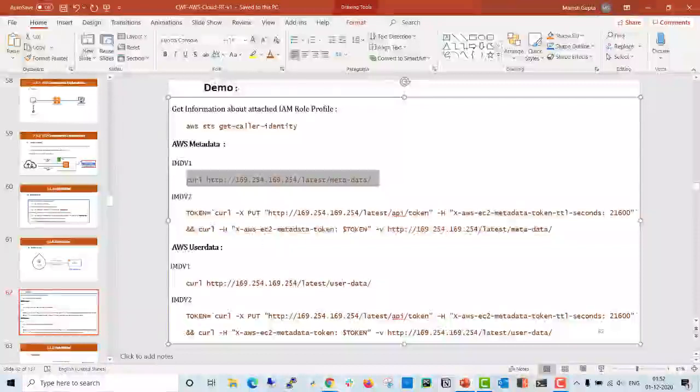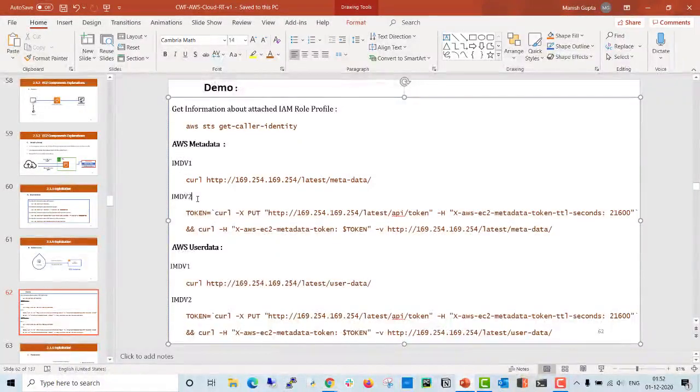Recently AWS introduced metadata version 2. That means you have to specify one header. This header, the AWS EC2 metadata token TTL seconds, is the first header, and the second header is the metadata token. So there are two headers they have to specify, and this is the important header. In this header they have to specify the token, and to get the token